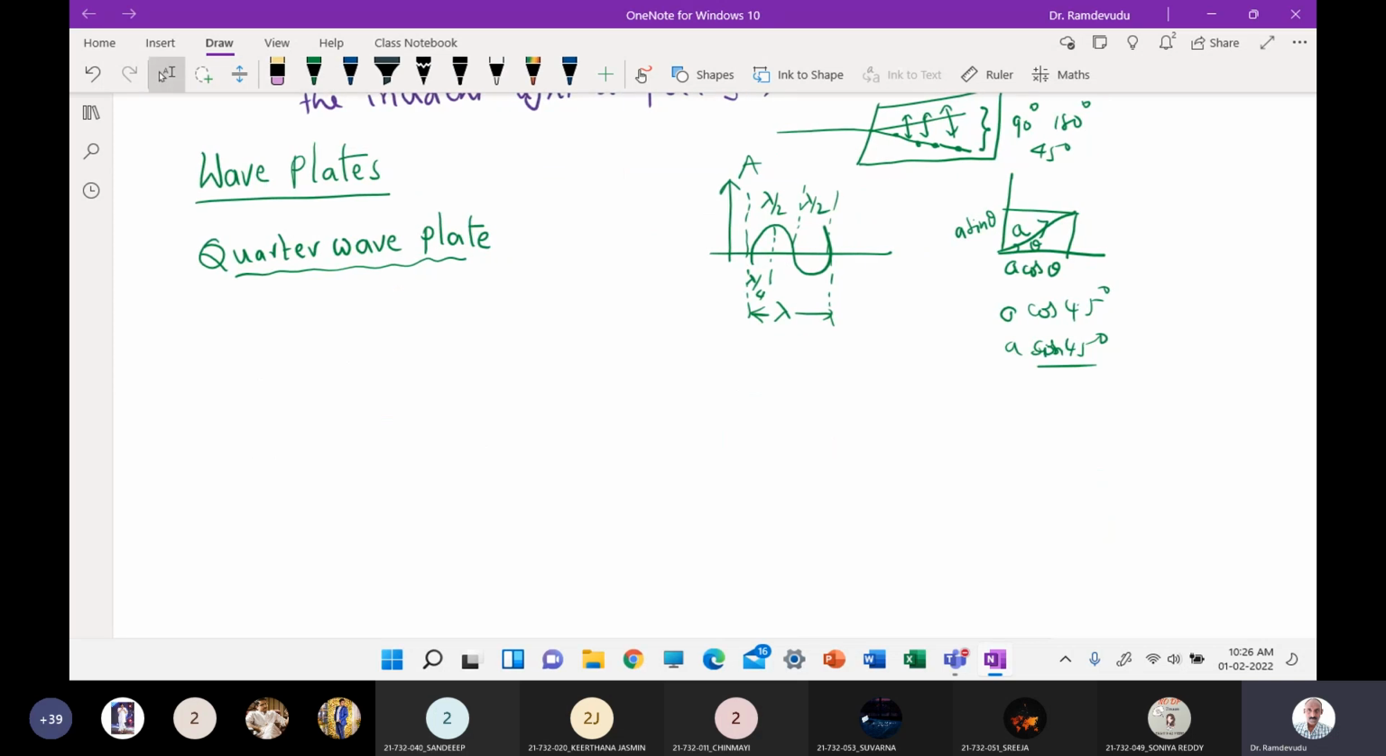So we will define a quarter wave plate in such a way that a calcite crystal cut, maybe quartz also, whose thickness is such that